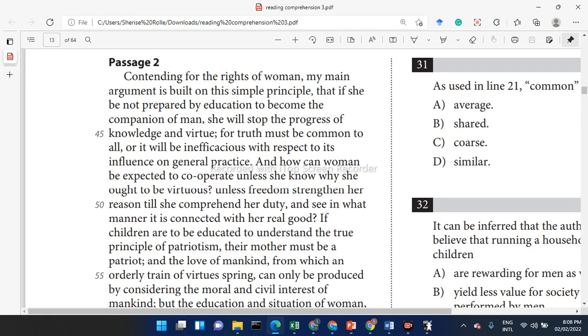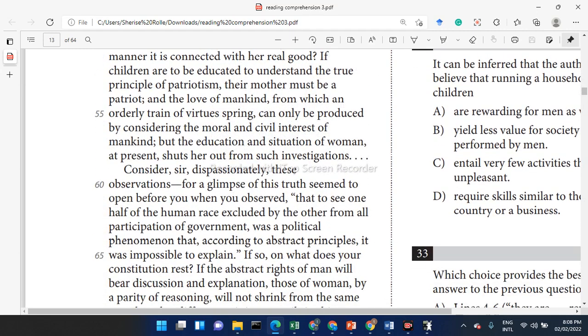If children are to be educated to understand the true principle of patriotism, their mother must be a patriot, and the love of mankind from which an orderly train of virtues spring